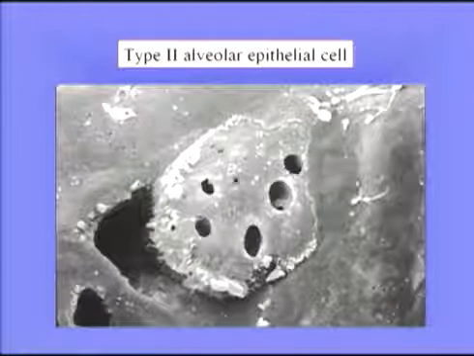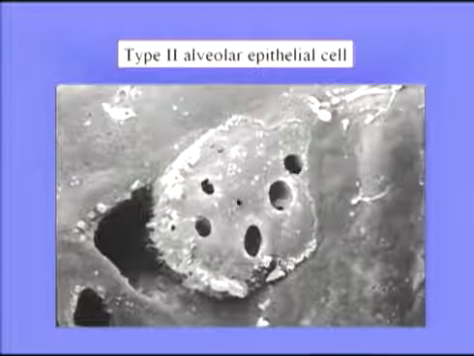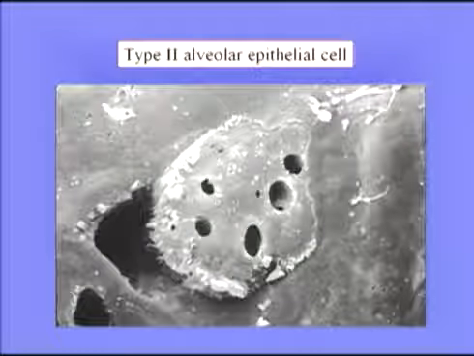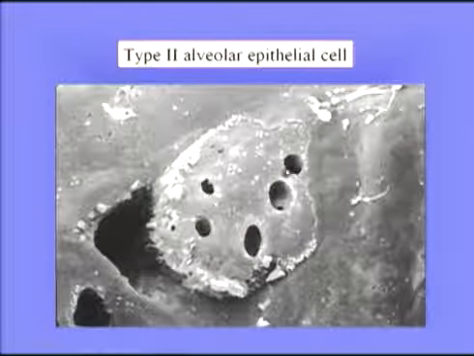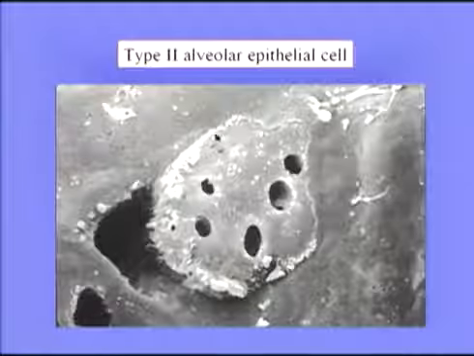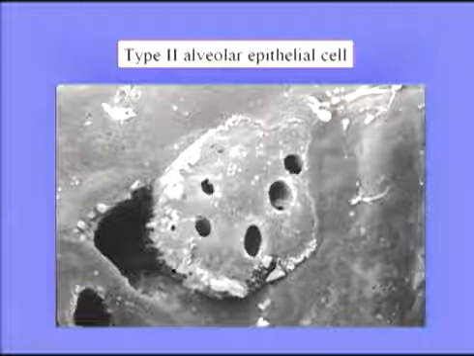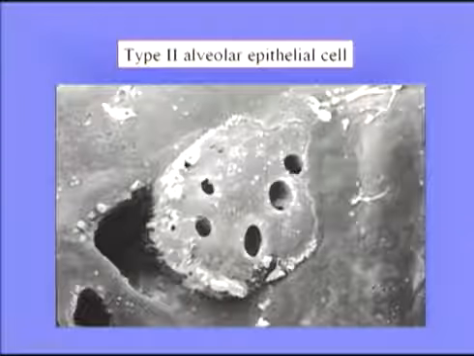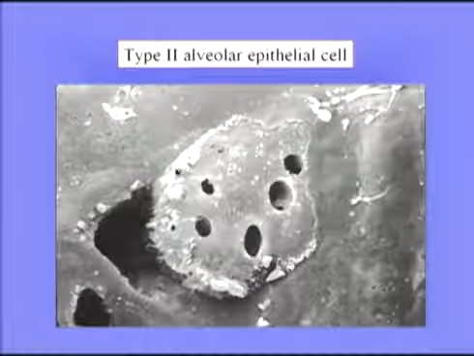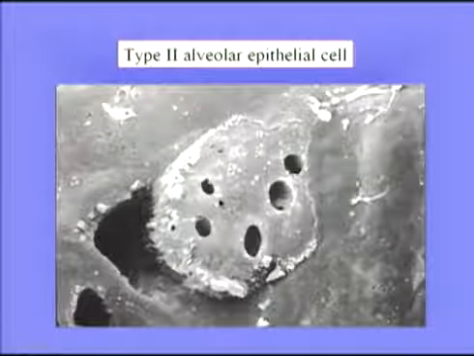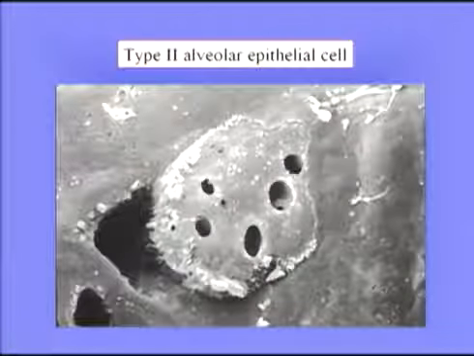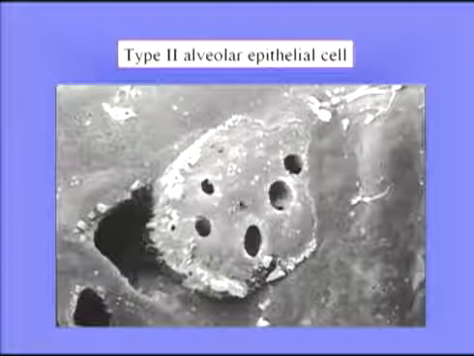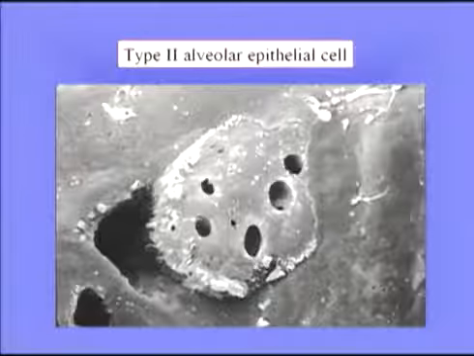But now we have the type 2 alveolar epithelial cell, quite a different looking cell, rather globular in shape. It has a ring of microvilli around it, which is a characteristic that allows us to always identify this cell. And you can see there are holes through which the precursor of surfactant is extruded onto the alveolar